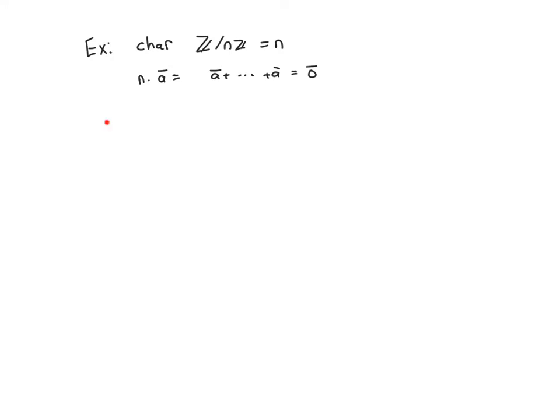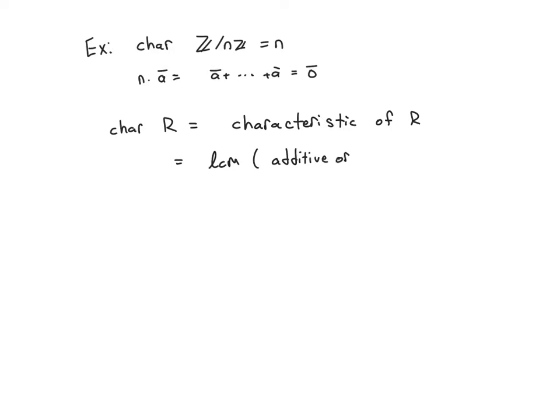I'm also introducing char R to be a shorthand for the characteristic of the ring. You could define it to be the LCM of the additive orders for every element in the ring. I mean, certainly that would make some sense because, well,